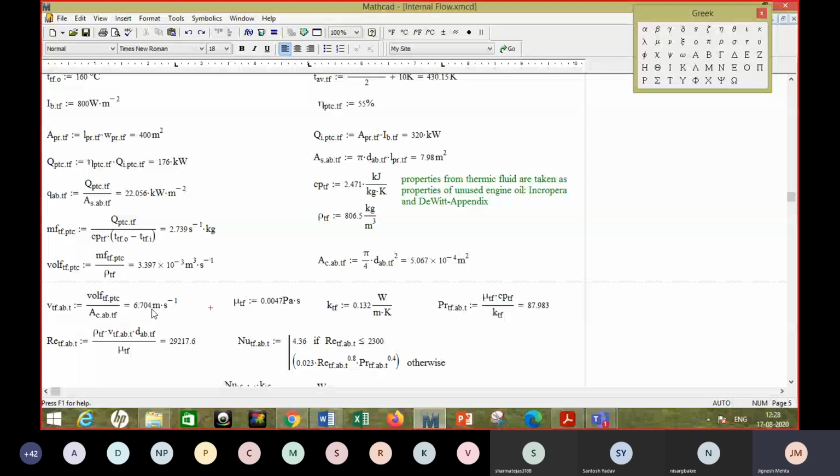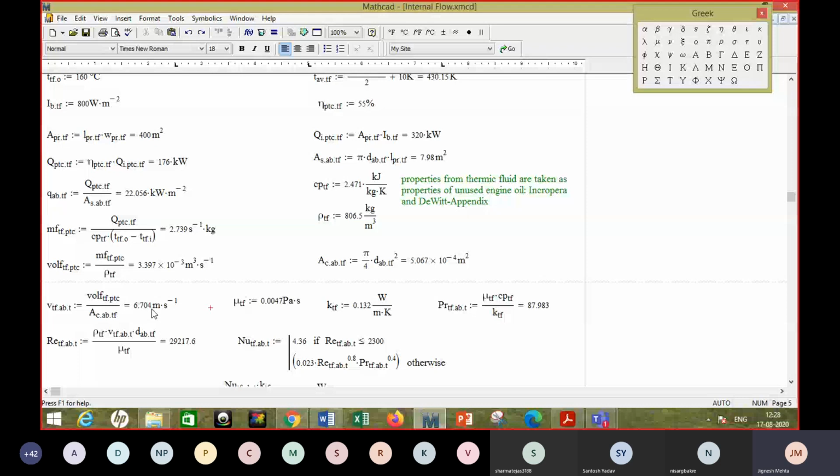Okay. Now your Reynolds number is much higher than 10,000, right? Even above 2,300, it is generally considered that there is a transition from the laminar flow to turbulent flow. And at 10,000, you don't have any doubt, and the flow is fully turbulent. So this is even higher than 10,000. So the flow is turbulent.